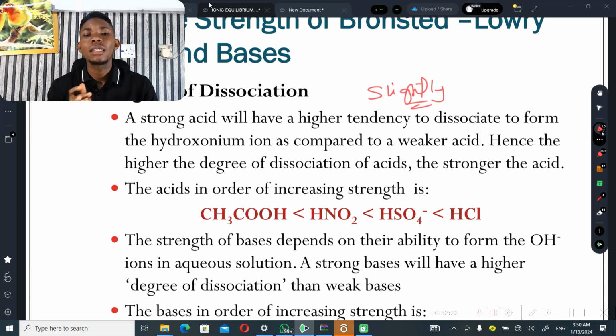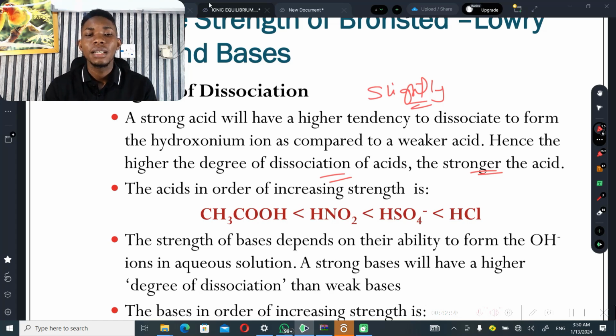Are you getting that? So a strong acid will have a higher tendency to dissociate to form the hydronium ion, as compared to a weaker acid. Hence, the higher the degree of dissociation of the acid, the stronger the acid. So acids that have a higher degree of dissociation are stronger than acids that have a lower dissociation in water. When you dissolve an acid in water and it dissociates completely, it means that acid is a strong acid. While if you dissolve an acid in water and it dissociates only partially or sparingly, you say that acid is